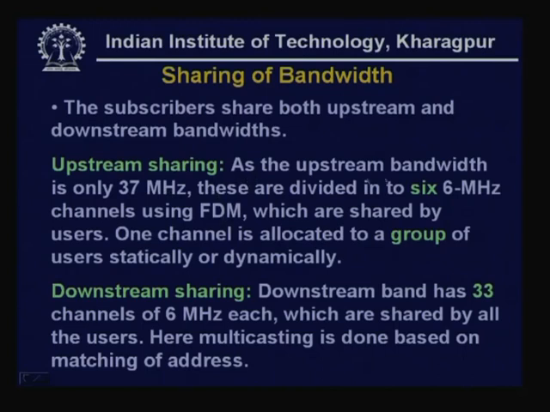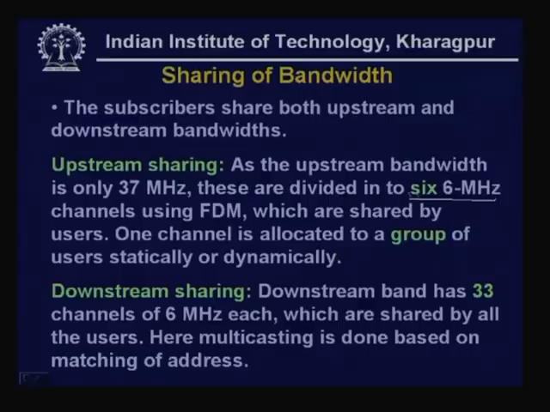As the upstream bandwidth is only 37 megahertz, it is divided into 6 megahertz bands, as I have already mentioned, and that is done by using frequency division multiplexing. These 6 megahertz bands can be shared by a number of users. Actually, one channel is allocated to a group of users either statically or dynamically. We shall see how this upstream band is shared,